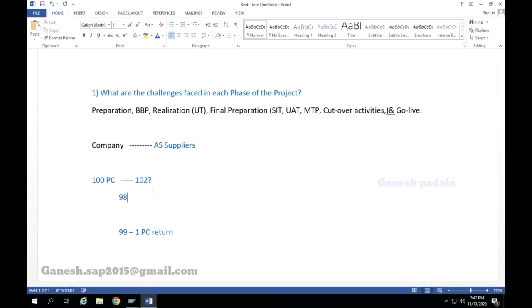And the second one, they want to track everything in the system. So they want to receive into a damaged location. They will wait until the new product has come. Once the new product has come, they will return this product and receive the new product. Because that company is very strict about managing how many returns happened for a vendor, to calculate their vendor performance or quality. If you do everything offline, nobody will know, right?